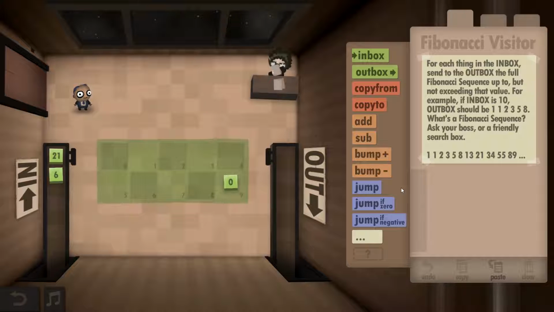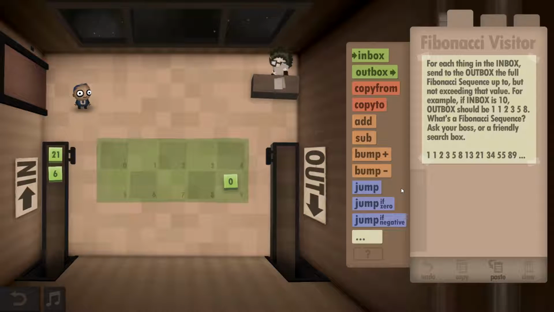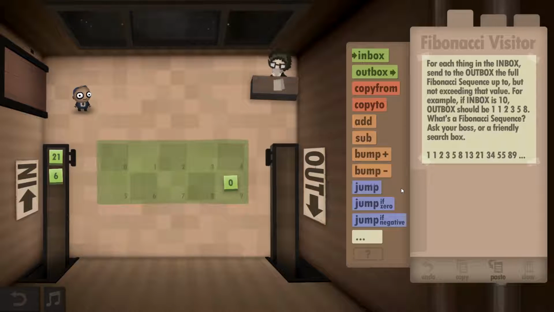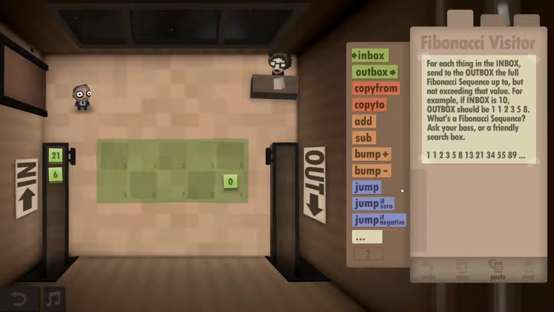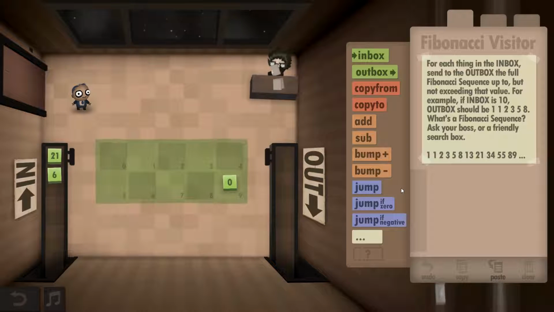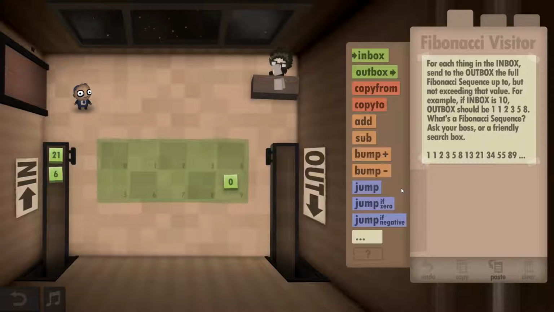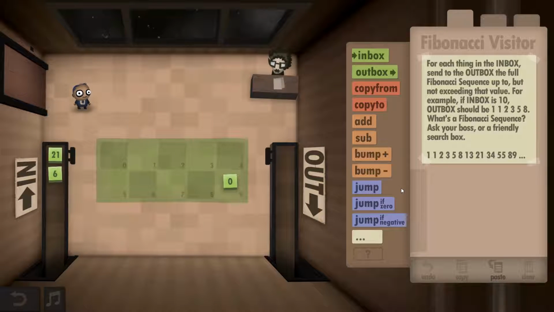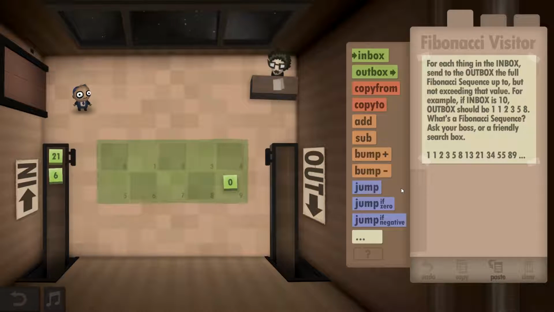So, the Fibonacci sequence is a very famous mathematical sequence that you are probably already familiar with, even if you don't know it by name. Basically, it is defined as n sub x equals n sub x minus 1 plus n sub x minus 2. So there is no 0, and n sub 0 is 1, and n sub 1 is 1,